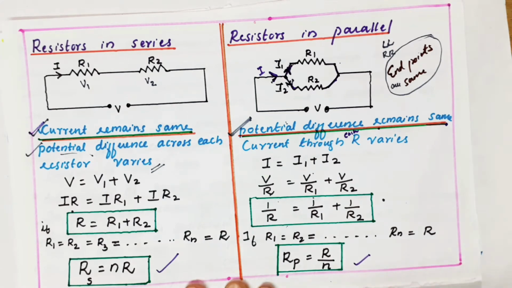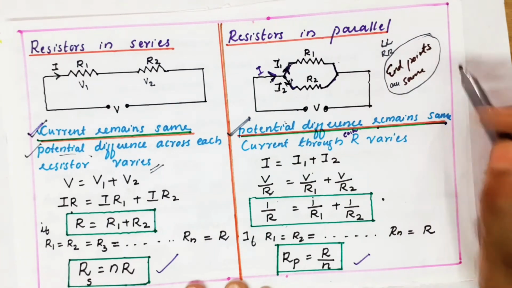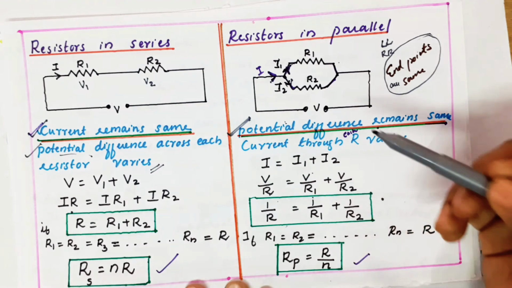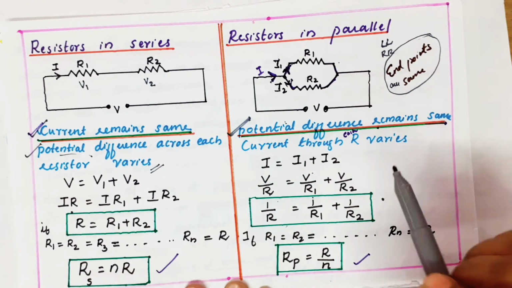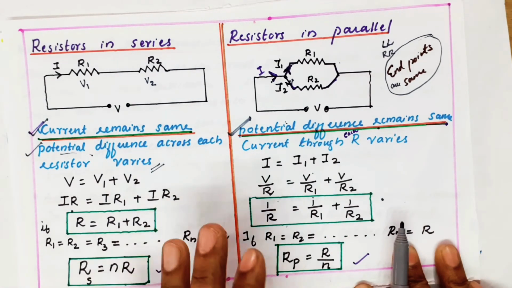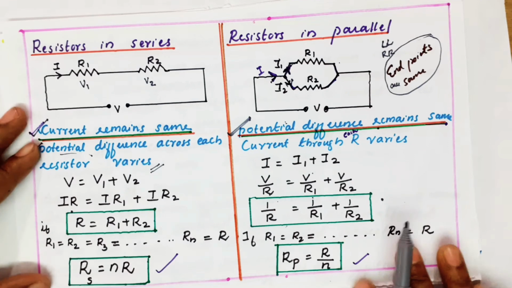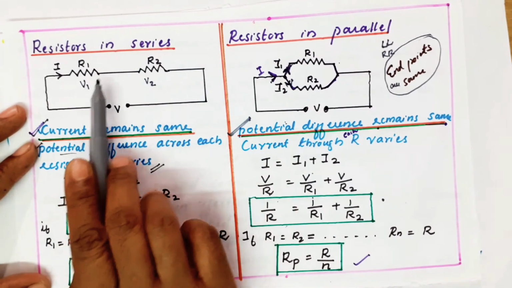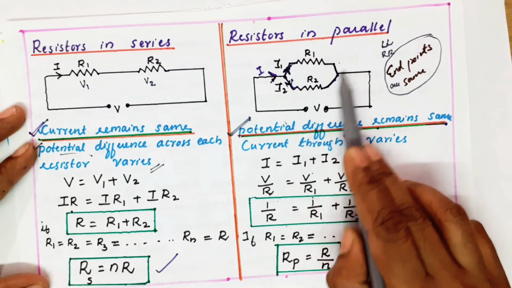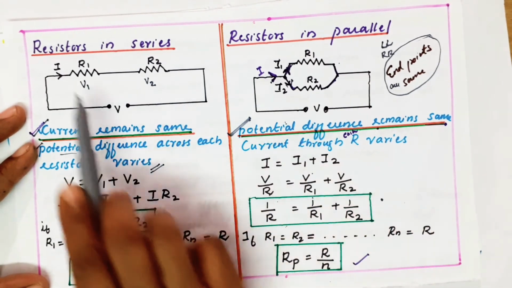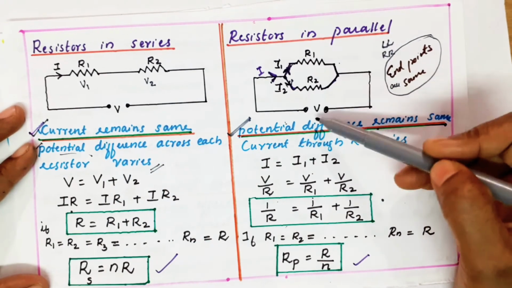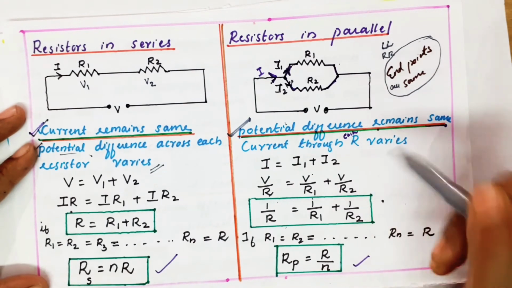So what are the main things you should remember now? Parallel means end points are same. End points are same means potential difference remains same. Potential difference remains same, then what is different? Current. So that's what I have just written like this, so you people can understand the difference. This is series connection. Right hand is joined to the left hand. But in parallel connection, right is joined to right, left is joined to left. If you connect it like this, current remains same. But if you connect like this, current is not same. Which is not same, that equation we should start with.